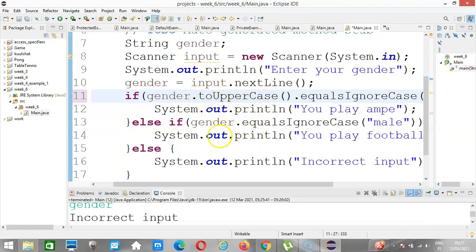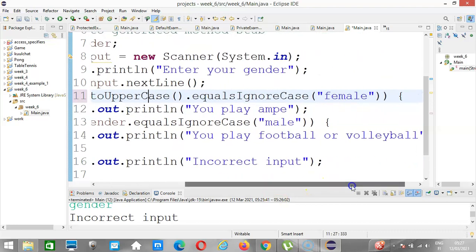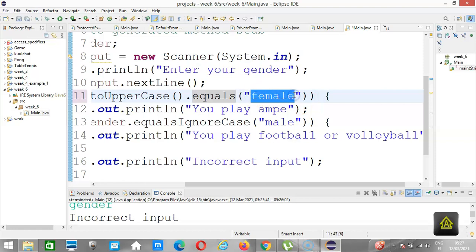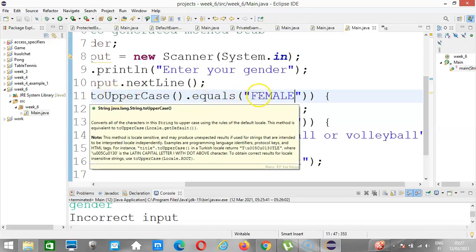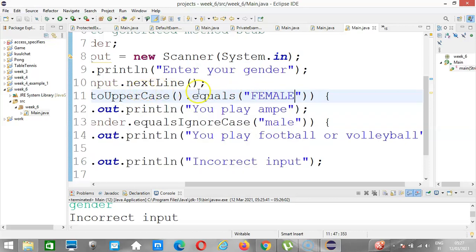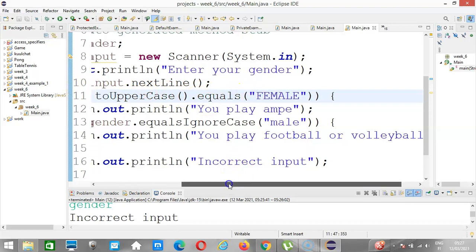So yeah, since it's an uppercase, we are using the equals. In the equals, this must also be in an uppercase. Now, the case you convert the input from the user to, what you are comparing it with should be the same case when it's marked. So if I decide to convert it to lowercase,